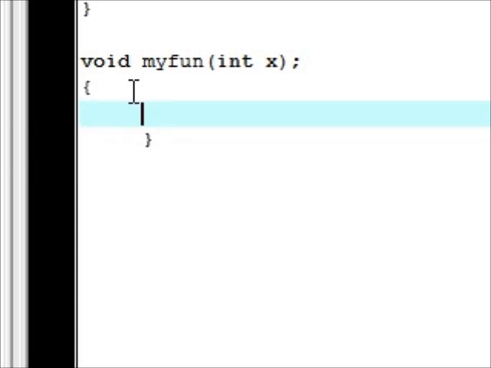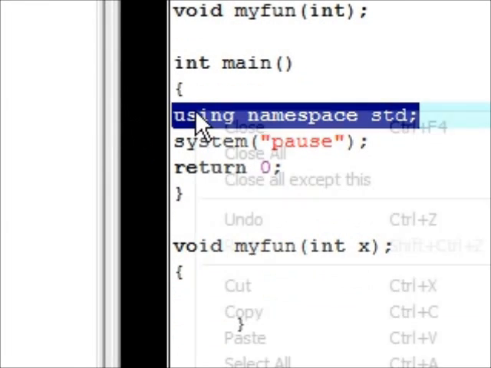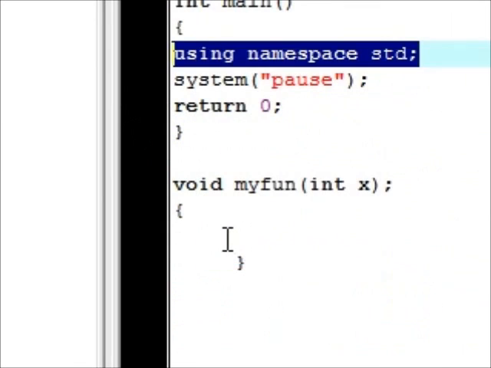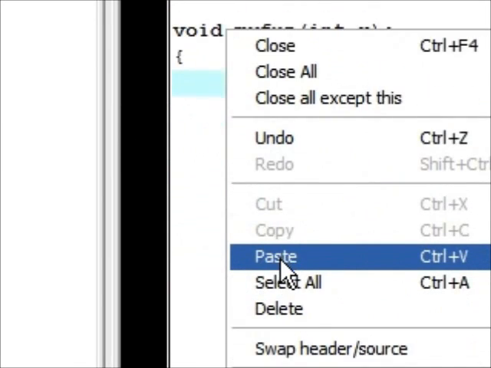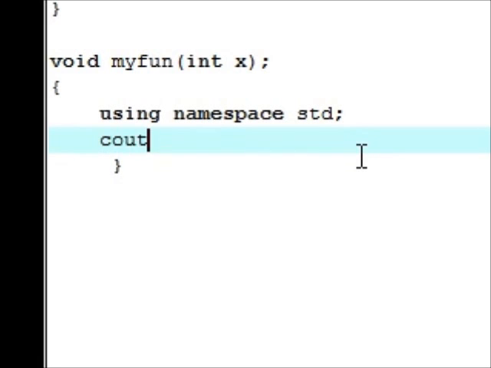So in my curly braces, the first thing we're going to want to do, as with most of our functions, is use using namespace std, and it's just going to say follow the standard rules. And the next thing we're going to want to do is actually build our function. And all this function is going to do, you can do yours however you like, I'm just going to make mine output on the screen. My favorite number is,